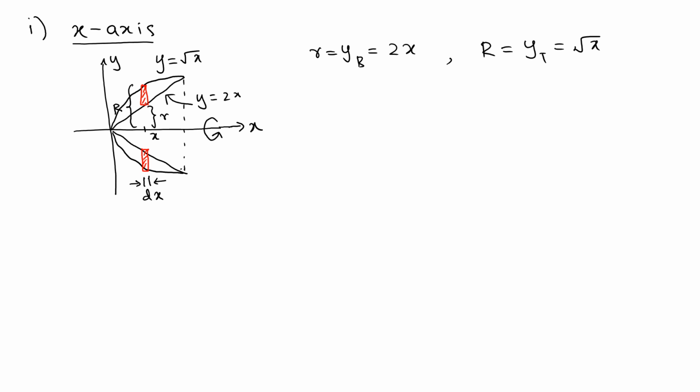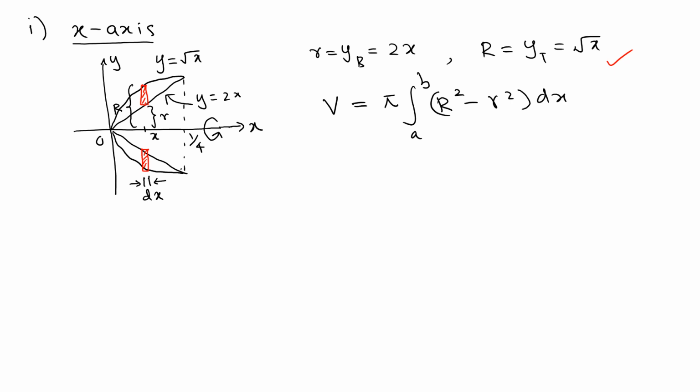Now what we can do, so we have both radii, we can try to plug into the formula. In this case, we use the washer method because it looks like a washer. There's a hole in there. So the formula is V equals pi, whatever the limit. So it's 0 to 1/4. As a formula, it is integral from a to b of pi times R squared minus r squared